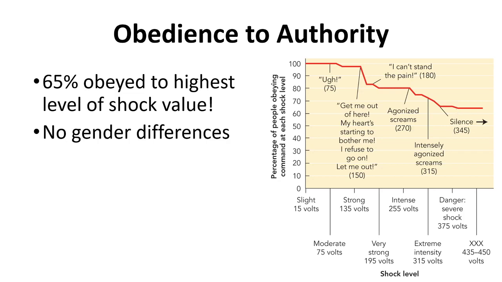So people were obeying the experimenter. They were delivering these shocks, even beyond the point where they potentially could think that they had killed the other participant. And that's where the ethical side of things comes into play, because there was a lot of trauma for the participants who felt that they had possibly done serious harm to other people. And they were put off and worried by the fact that their behavior had been so extreme. They had obeyed past the point that they ever thought they could have.